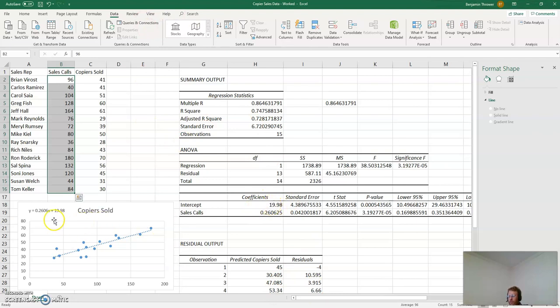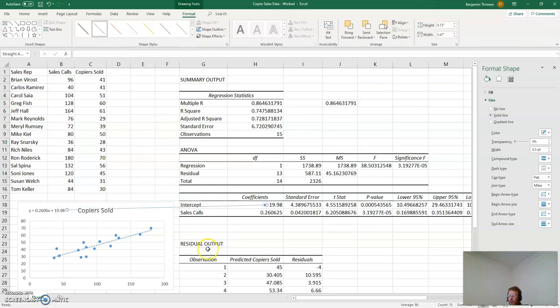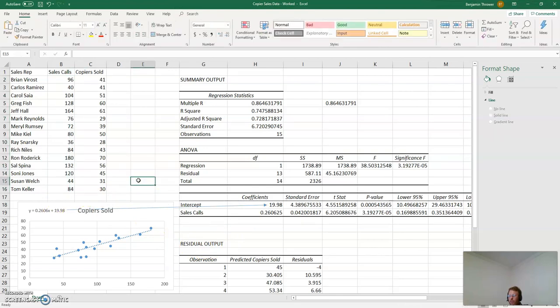So the intercept, the y-intercept, is 1998. Does everybody see that? Very good. It is exactly what it states right there, isn't it? Boom. And then this one